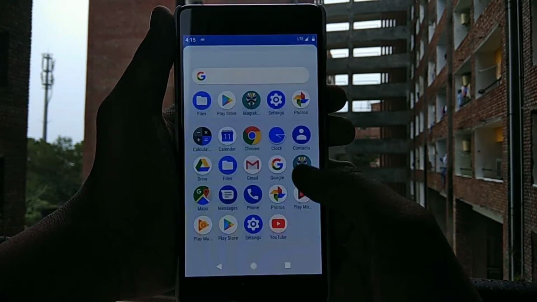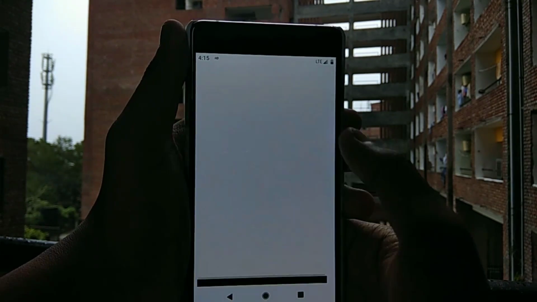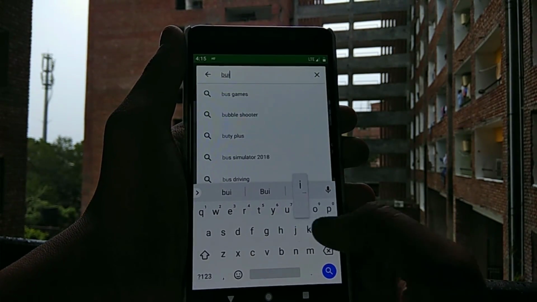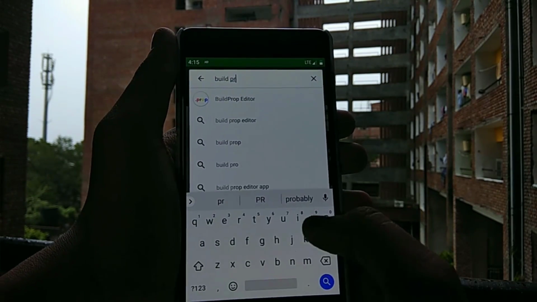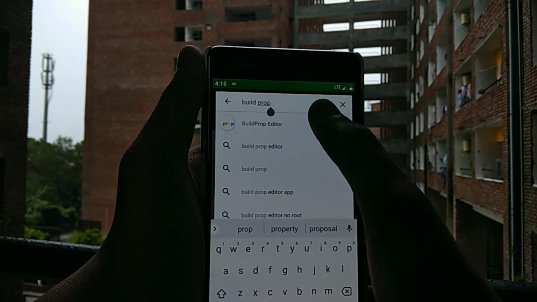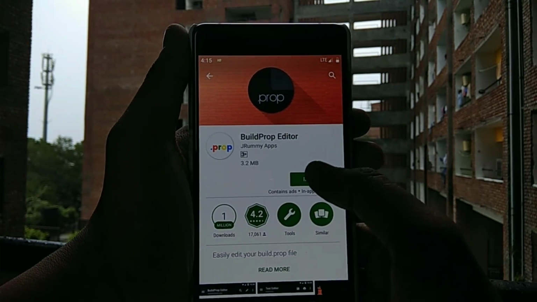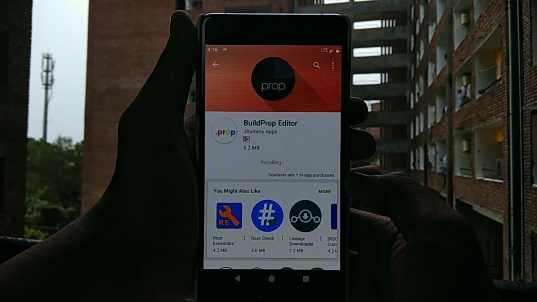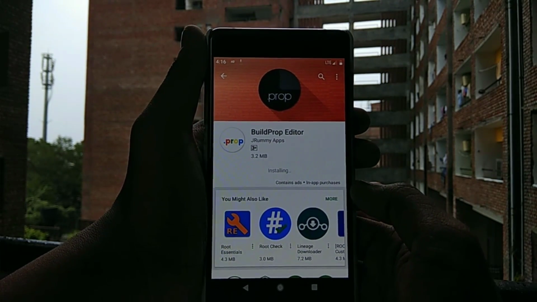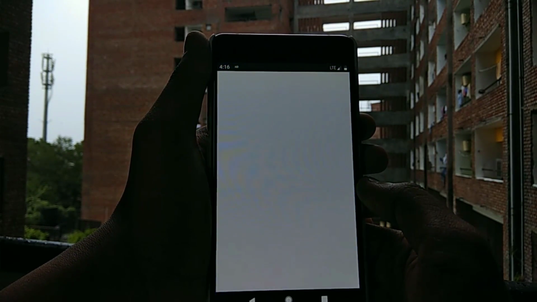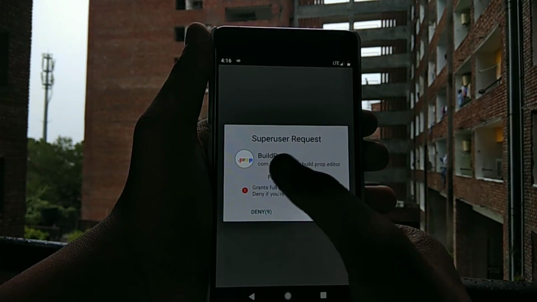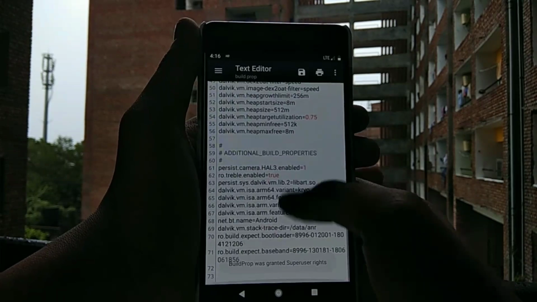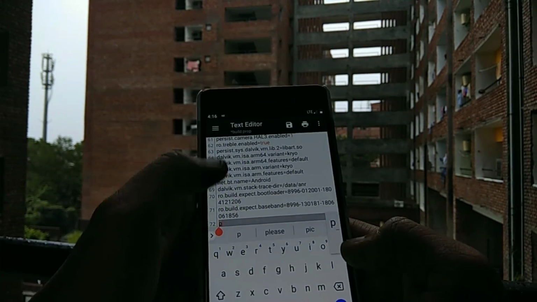And enabling FP gestures. Open Play Store and search for the app BuildProp. And install this BuildProp app. After installation, open the app, grant the root permissions with the Magisk, and click on the pencil icon and scroll down to the last and enter